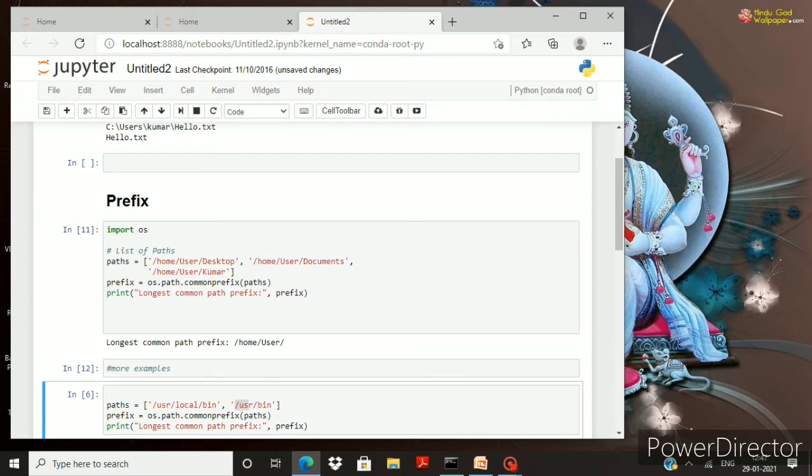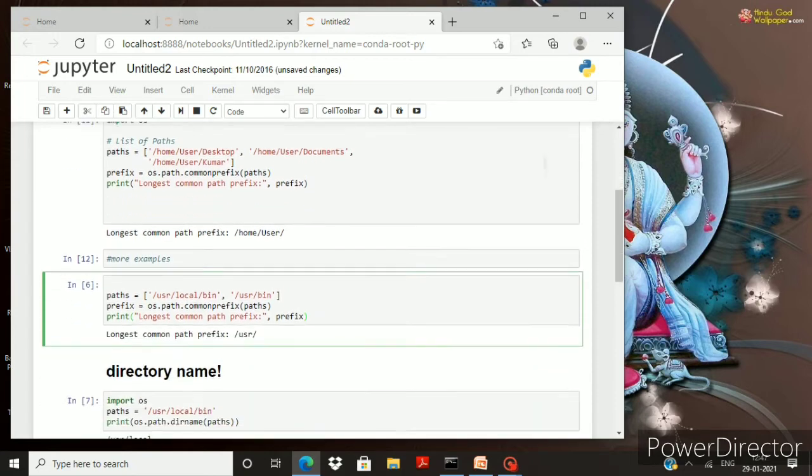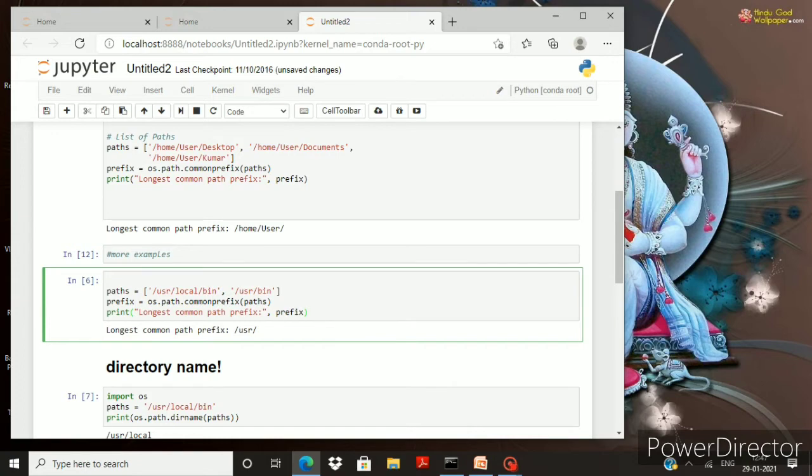Okay, and here we are going to discuss more examples, that is, user local bin and user bin. Look at this: bin is common, but it is different because user is a particular folder, and inside user there is a subfolder called local, and inside local it is called bin.